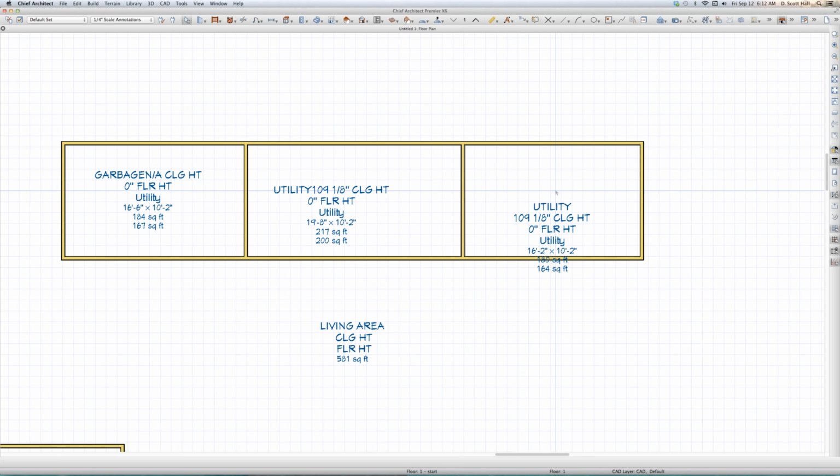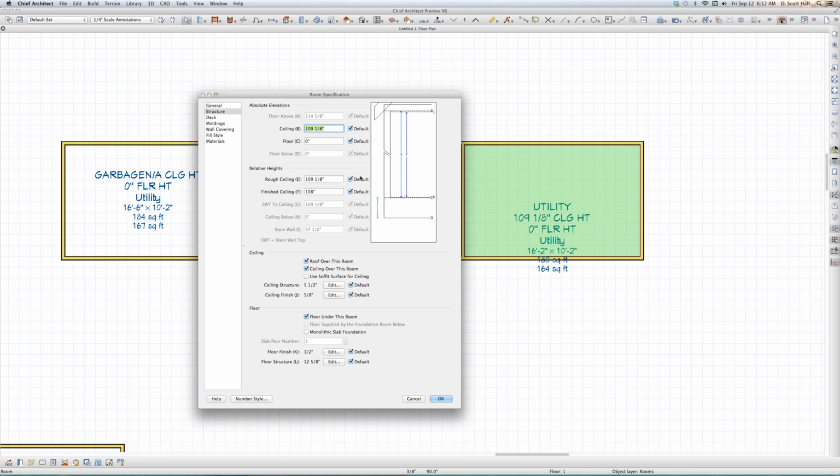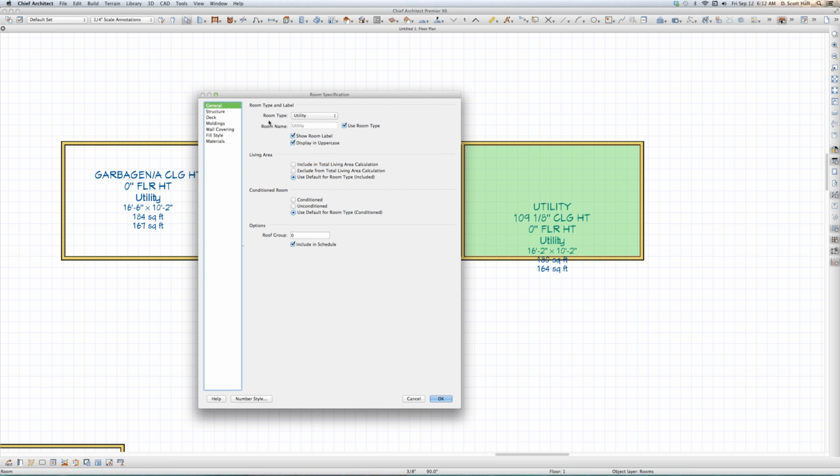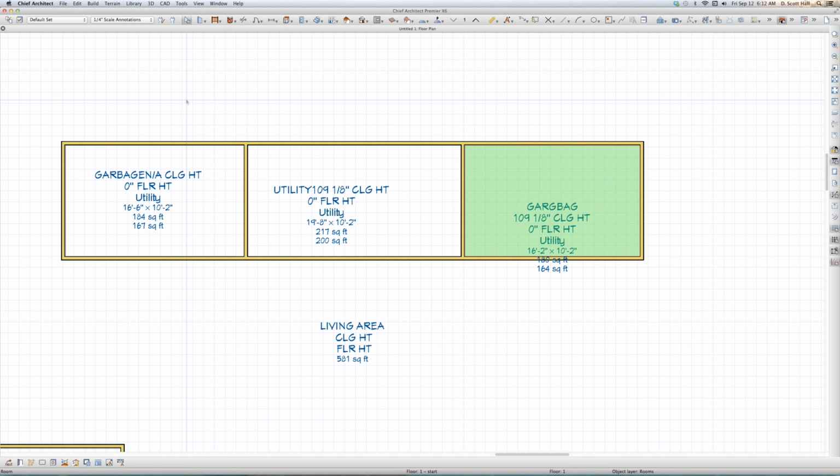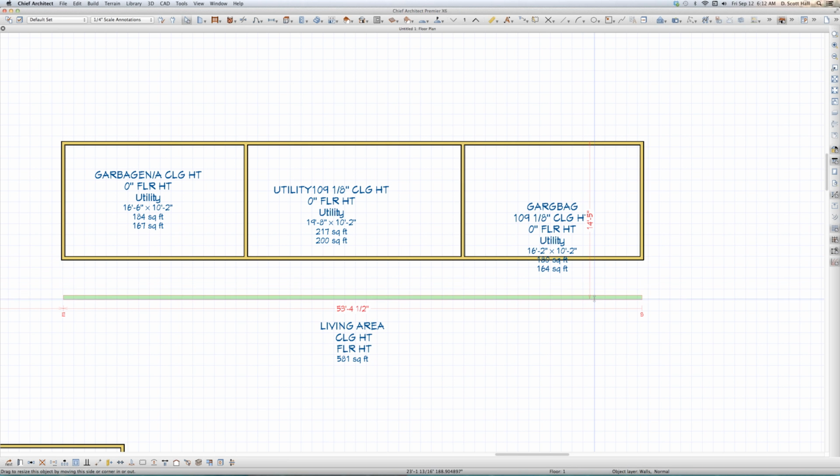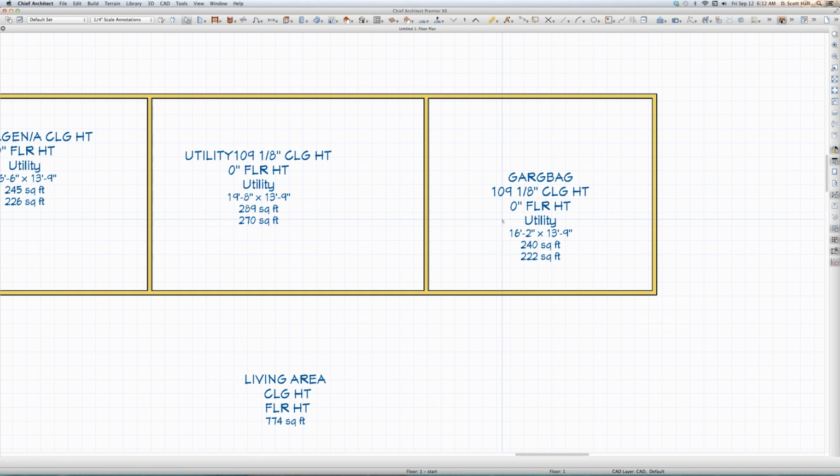Utilities on one label line. Select this room, UU, in general. I don't want to use the room type for the room name. I want to say garbage. How would you spell garbage? But what is really important as far as the way Chief behaves, it is that right there. That is what is important, because UU